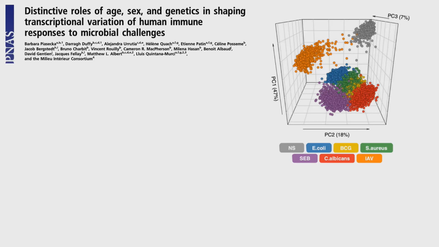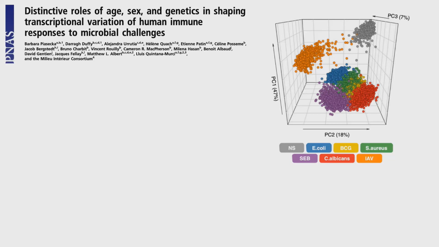And here is an elegant paper from this consortium looking at the variation in transcriptional responses to prototypical whole blood stimulations in a large cohort of healthy individuals in France. What this shows is that when 1,000 individuals have their blood samples stimulated with one of these prototypical antigens, there is a transcriptional response that varies mostly between the type of stimulation given, but there is also a gradient, an inter-individual variation, that can be caused by environmental or genetic